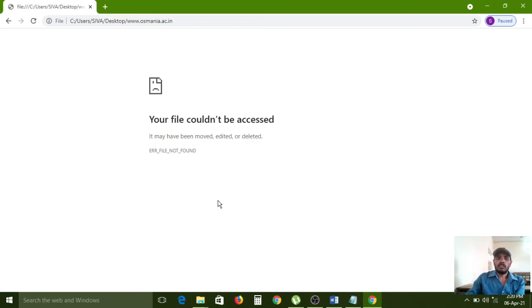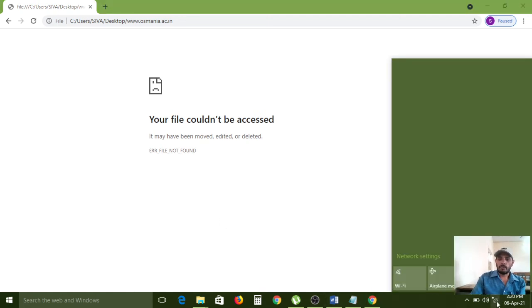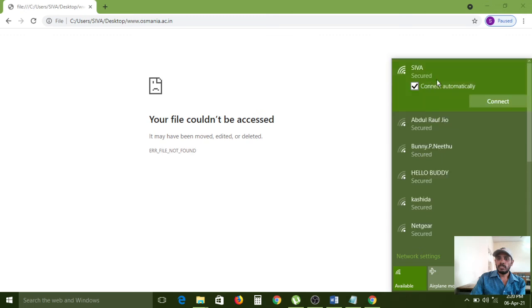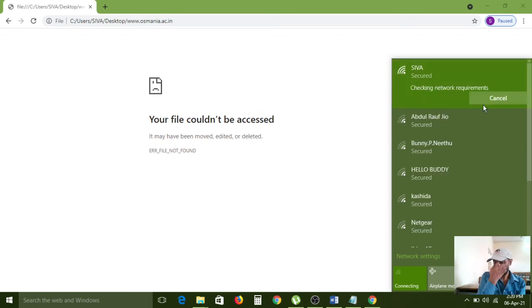Okay, wait, now I am connecting my phone to the laptop, then only you can simply understand how it is working. Mobile data, mobile hotspot, and connecting the internet to the laptop. Connect.